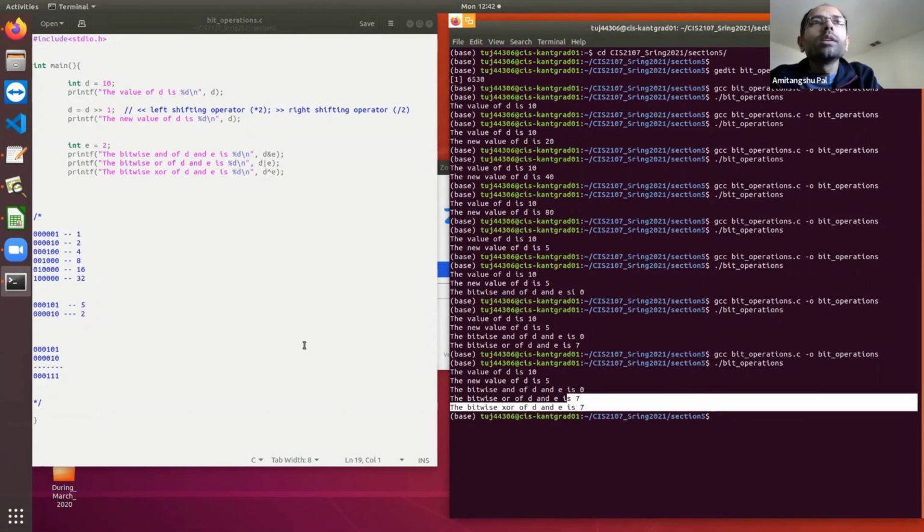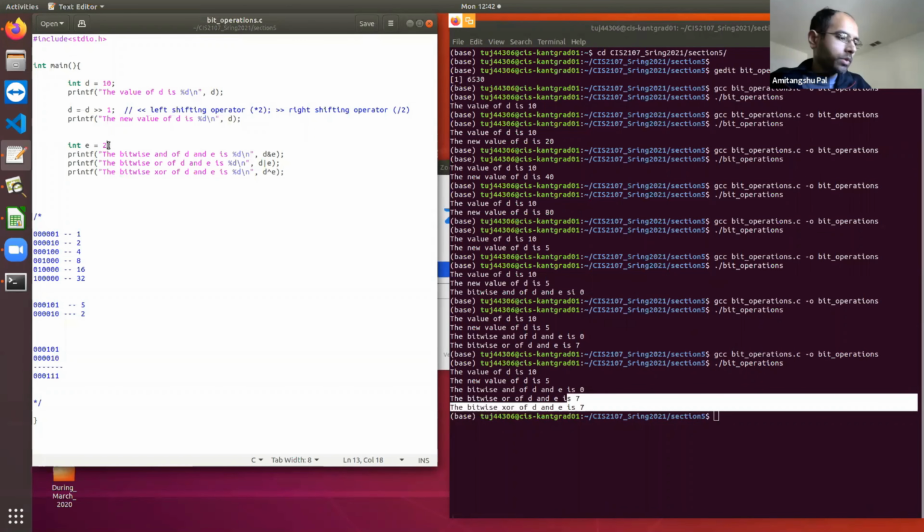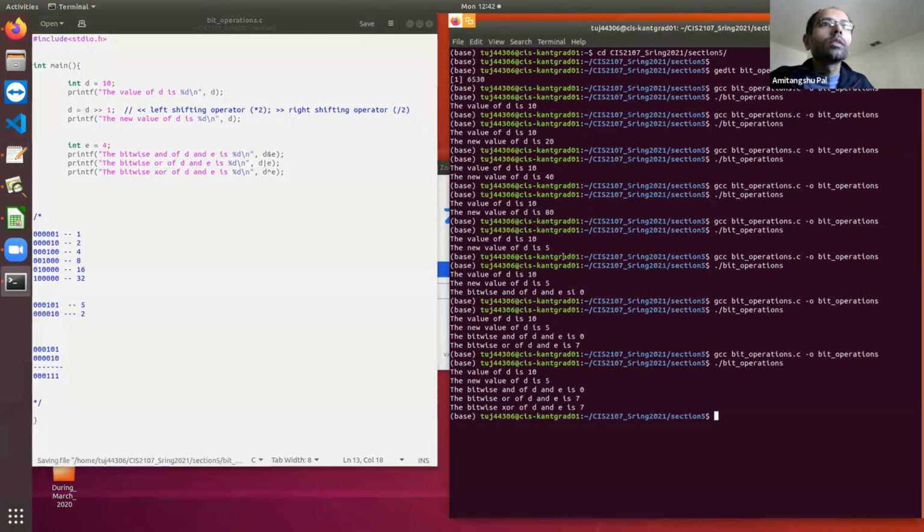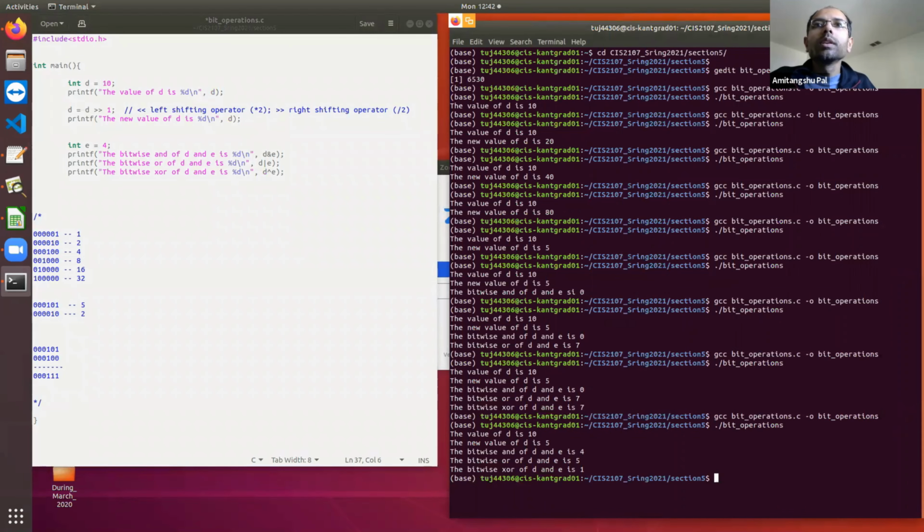Okay, let's take a different example, say 4. Instead of 2, I am making it 4. So in that case, the AND is going to be 4, because this place is going to be 0 0 1. That means it is going to be 4.